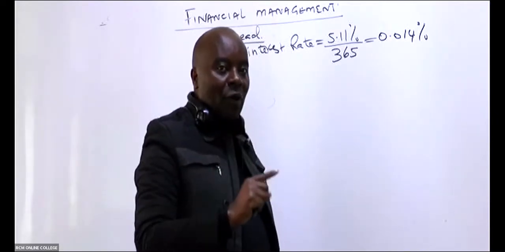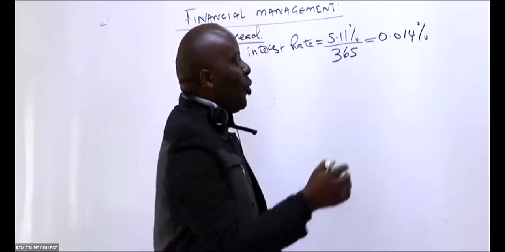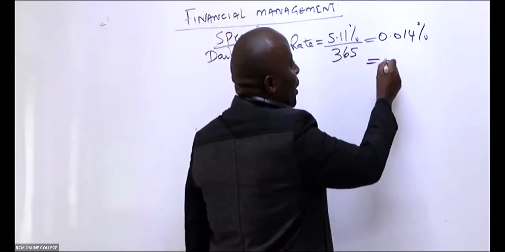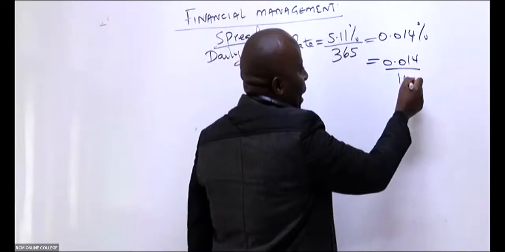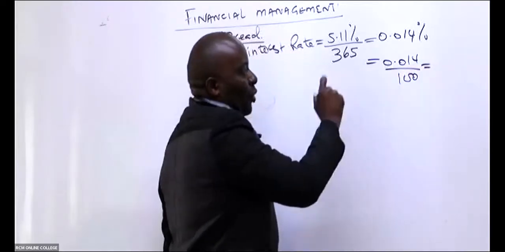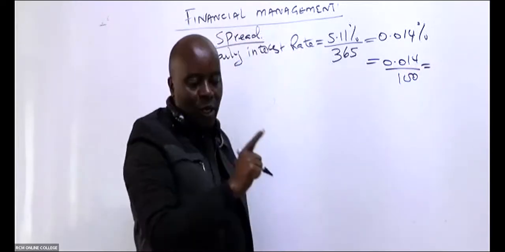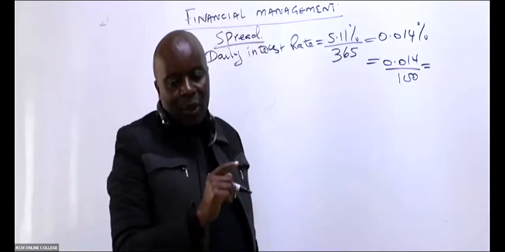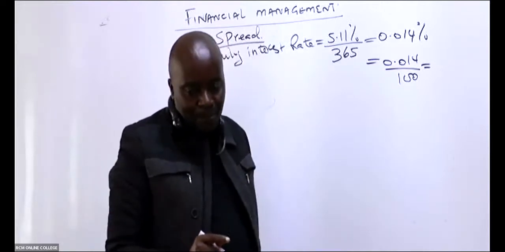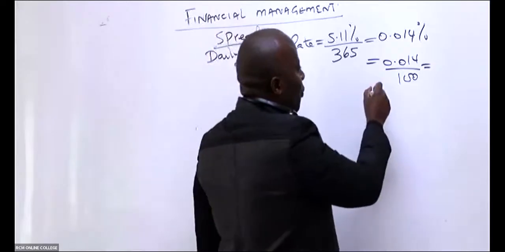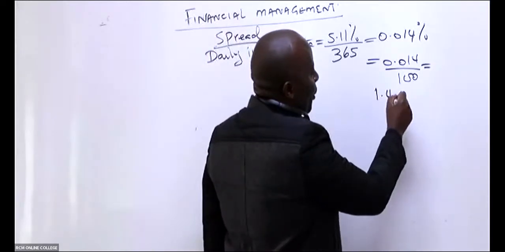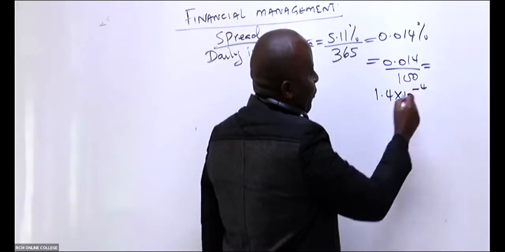Remember, even this 0.014%, if you don't want to confuse, it will be very important for you to get this figure without percentage. So you go to your calculator and you say 0.014 divided by 100. Can somebody in this case here do this? Tell me what figure are we getting? I'm so sure in standard form, they must be giving you 1.4 times 10 raised to negative 4.